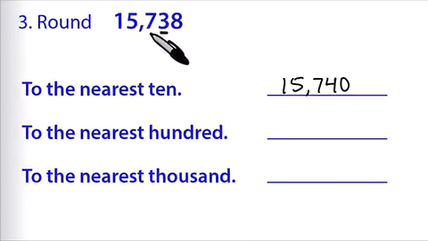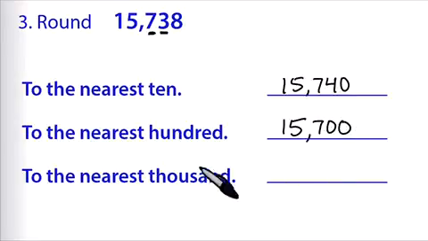So that means we're going to have this as our target digit now, this 7 that's in the hundreds place column. We need to look at the digit to its right. And 3 is less than 5, so that means we round down. So we round down to 15,700. Now to round to the nearest 1,000, this is going to be our target digit right here in the